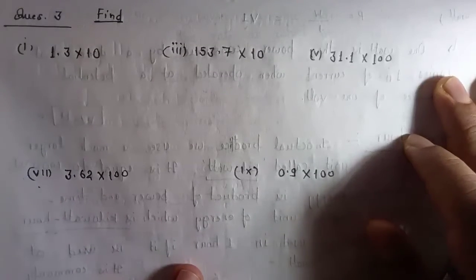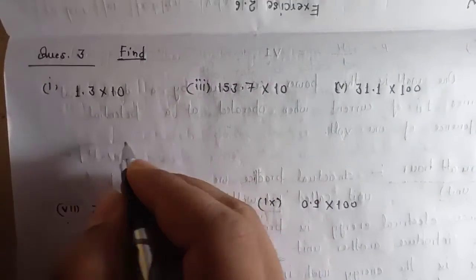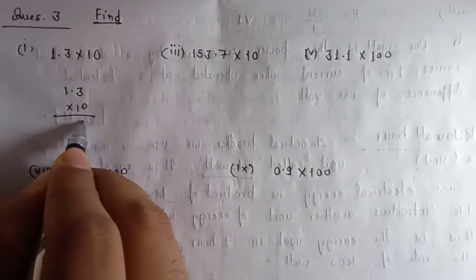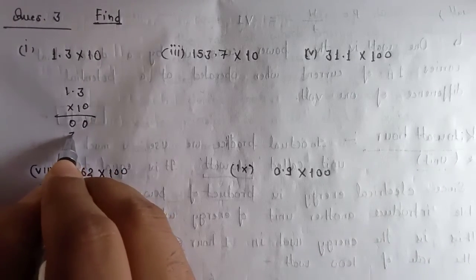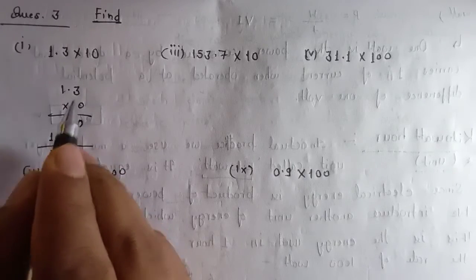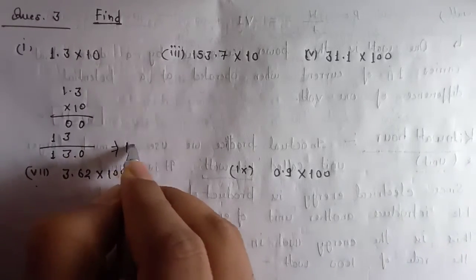In question number 3, we have to multiply 1.3 into 10. So as you know, when we multiply by 10, the decimal sign moves toward the right side. So let's solve it by multiplication first. To multiply 1.3 into 10, check your answer. This becomes 0, 3 zeros are 0, and 1 one is 1. So 0 3 1. You can see there is a number after the decimal point. So count 1, place your decimal sign here, and your answer is 13.